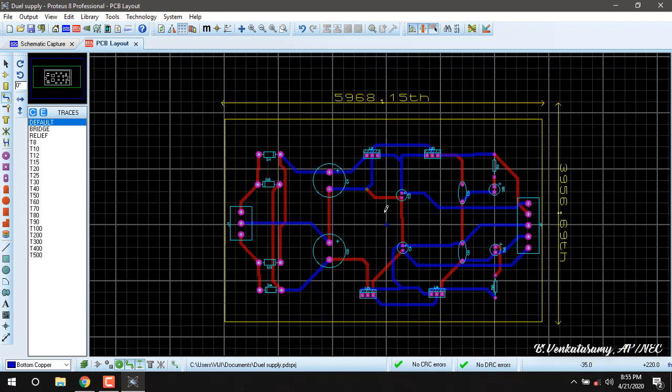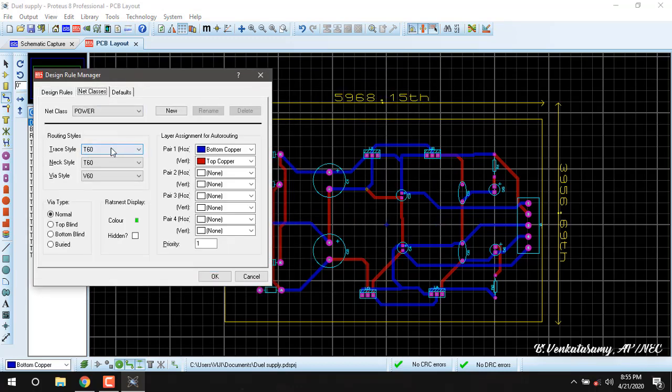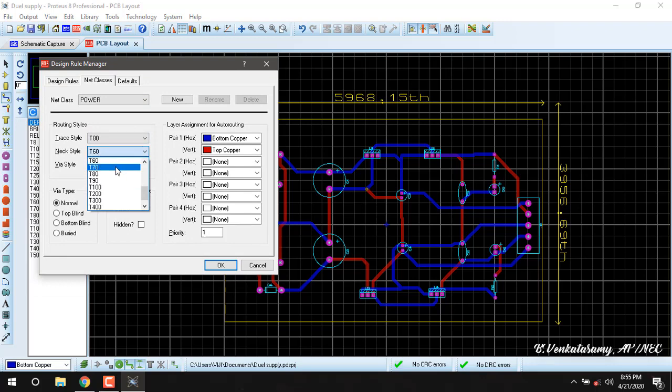Okay. If you want to change the design rules, I am going to increase the trace style to 80, and the next style to 40, via style 40. Also for signal 80, 40, 40.